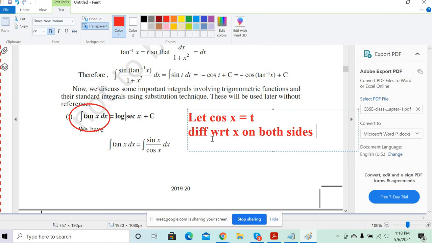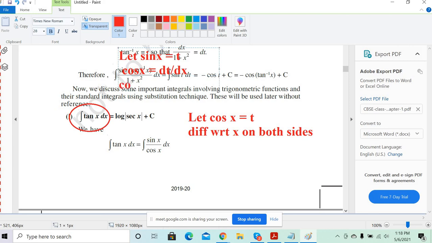Because I can give you that example also. Let's assume that as well; if we have that doubt, it will be cleared out. If I assume let sin x is equal to t, and differentiate both sides, what will I get? I'll get cos x is equal to dt by dx.